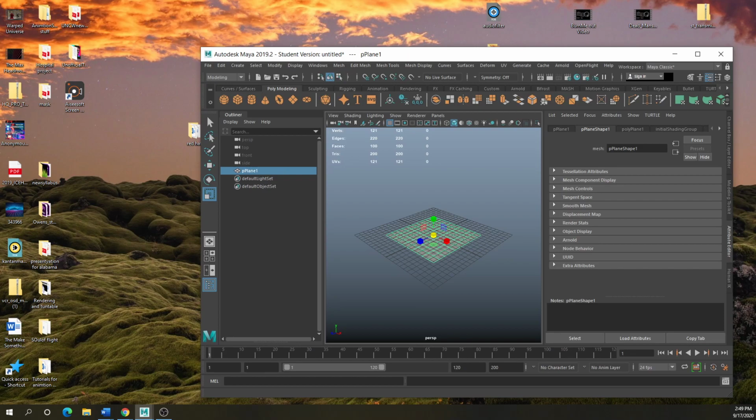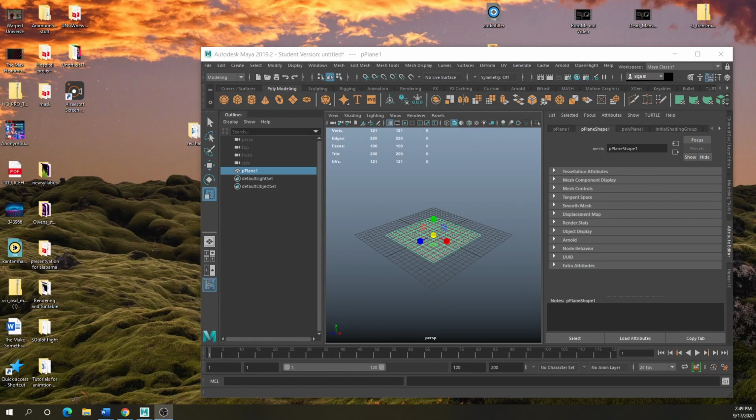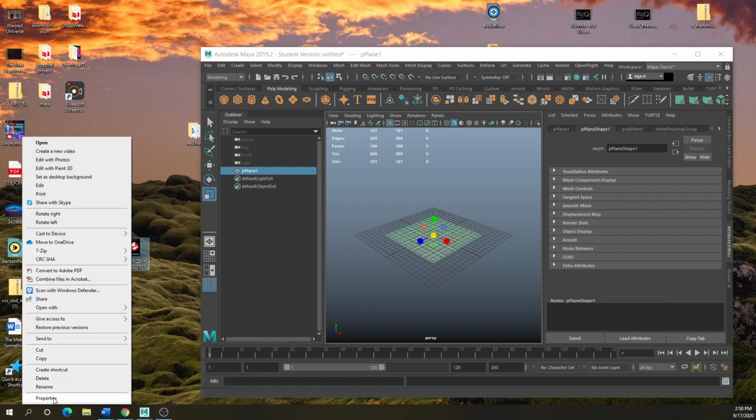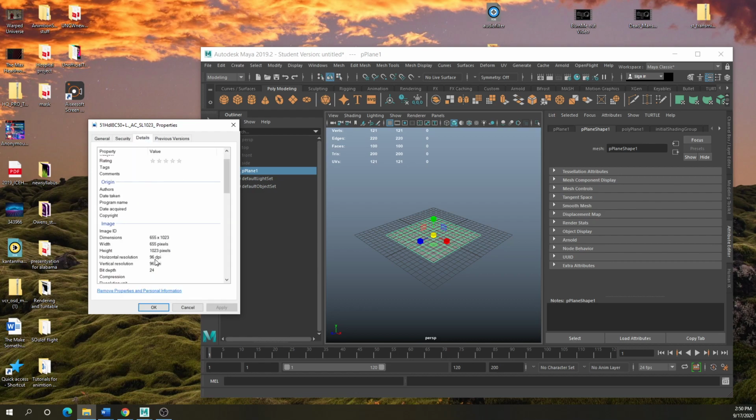Let me see if I can find it on my desktop. Here it is. Properties. I know its aspect ratio, so I usually try to create my plane to that aspect ratio so I don't have to worry about any kind of UV editing at this moment. So if I just create the size 655 by 1023,